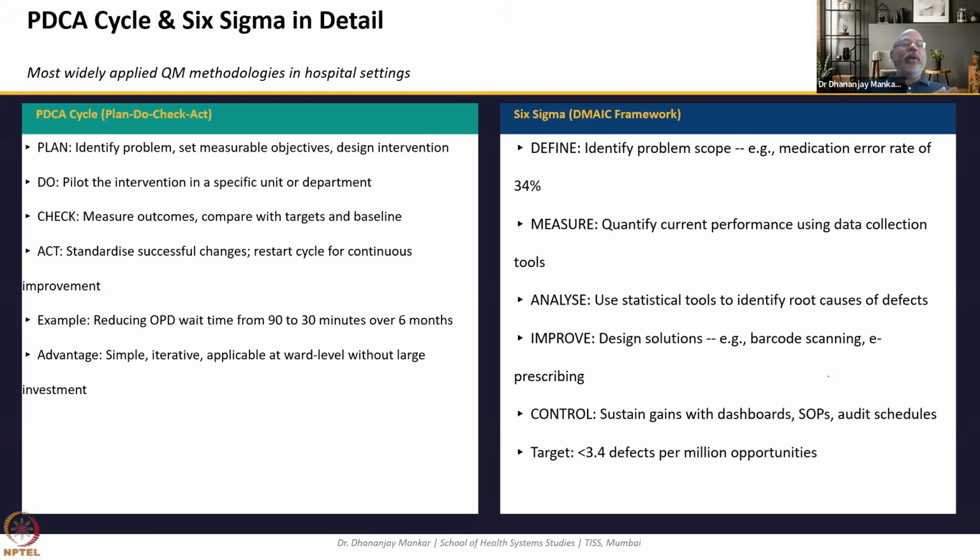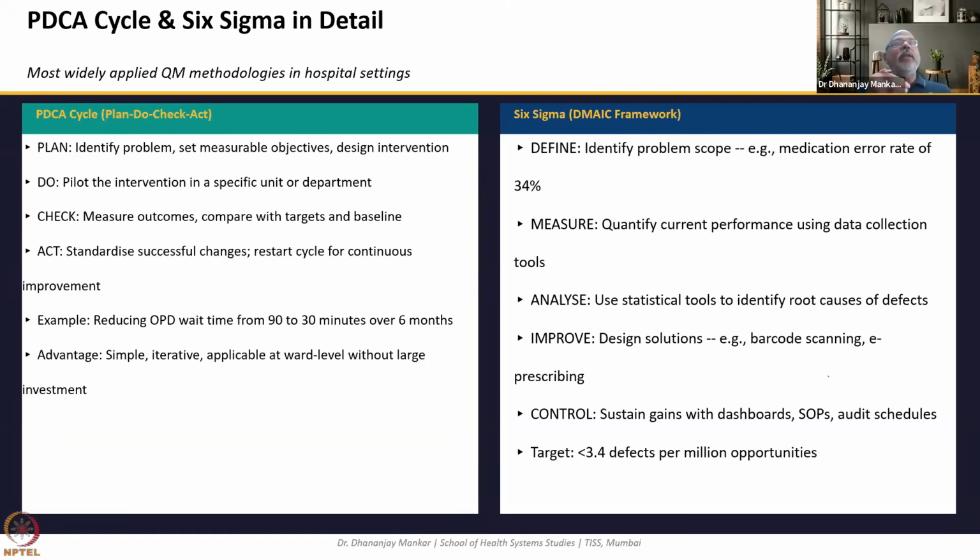Actually, you cannot complete the whole problem. So out of that problem, you have to take one or two or three which can be achievable. You have to design an intervention: when you understand that this is the problem and you have already set an objective for it, in what intervention or set of things can this be done? Whether it has to be time limited, whether people are involved, whether resources are part of it.